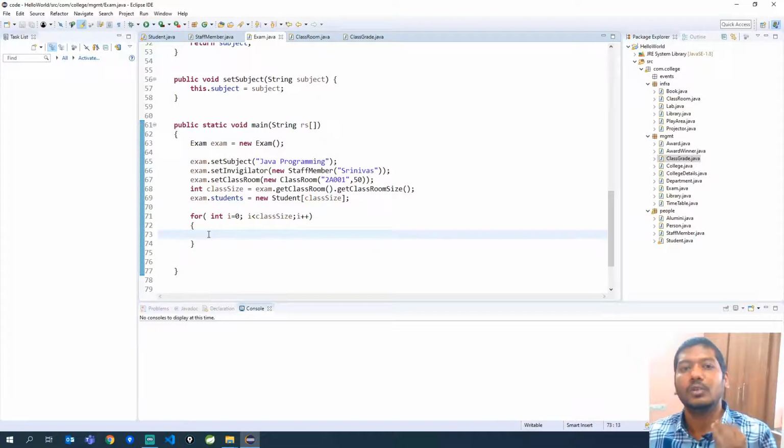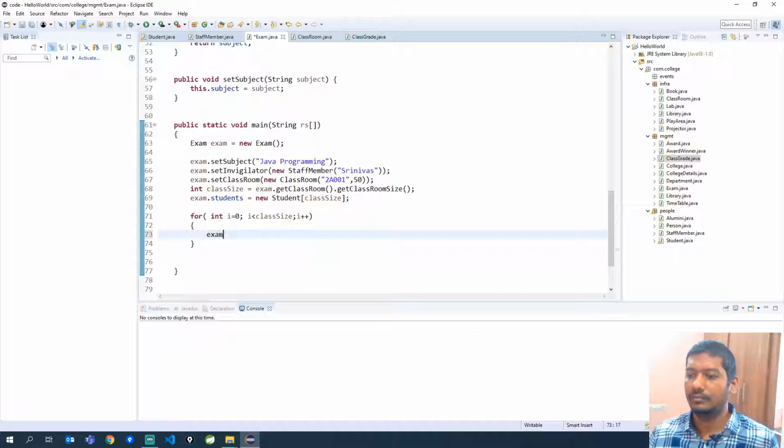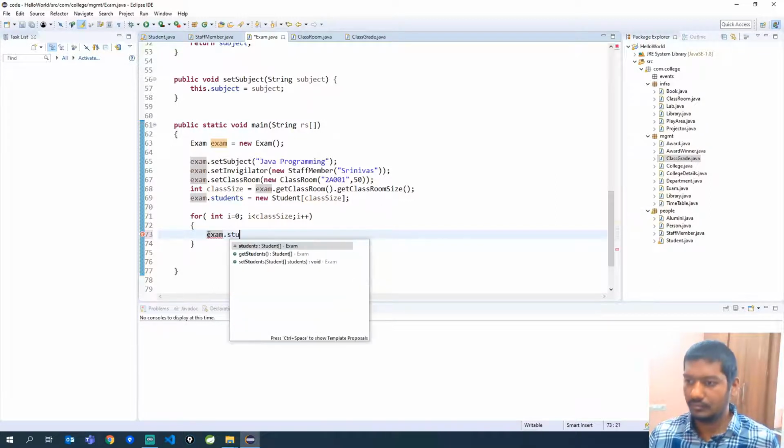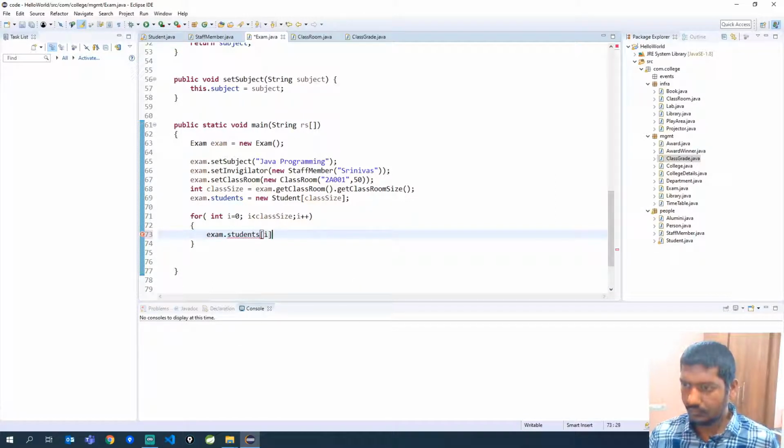Okay, so what we are going to do here is I am going to create 50 students now. How will I do that? It's very simple. So what are we doing here? We are trying to access each individual student present inside the exam.